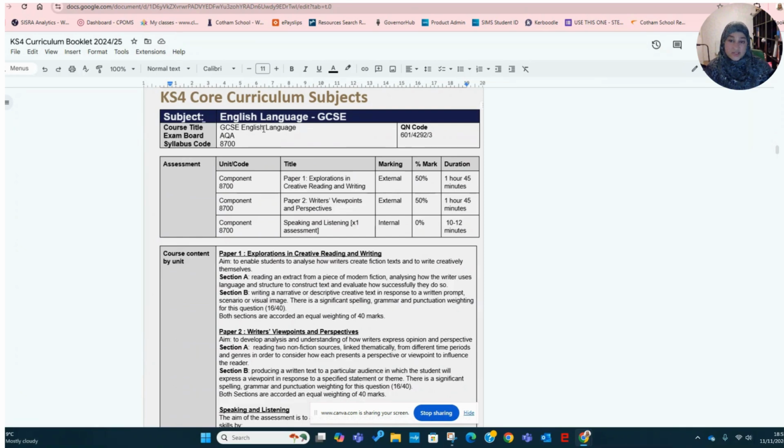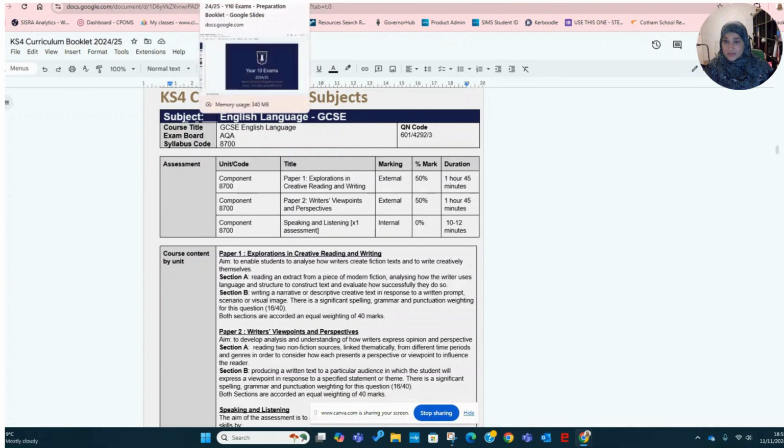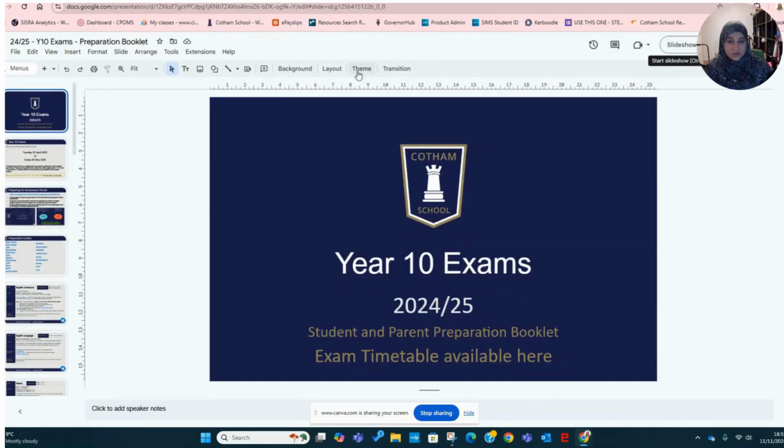So for English, you can see the English language is a GCSE, the exam board is AQA, you can see the syllabus code there. So if your child wanted to download the specification from the internet, they can do. If they wanted to access past examination papers, they can do just by typing in AQA GCSE English language past papers into Google. So that is all available to them. Now coming back to the PowerPoint.